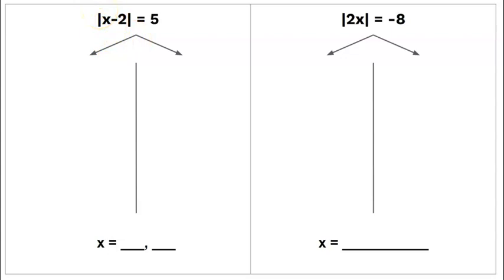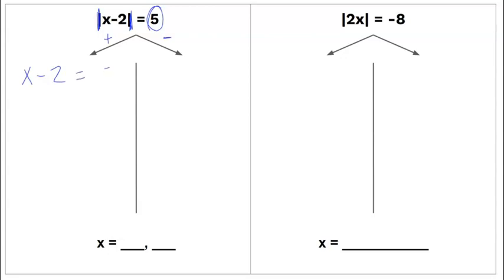So here we have the absolute value of x take away 2 is equal to 5. So again, we're saying what value of x, if we take away 2 from it, will give us an absolute value of 5. So to do that, we're going to set up two cases. I call it the positive case and the negative case. So the positive case is where we take the piece inside the absolute value bars, that x take away 2,